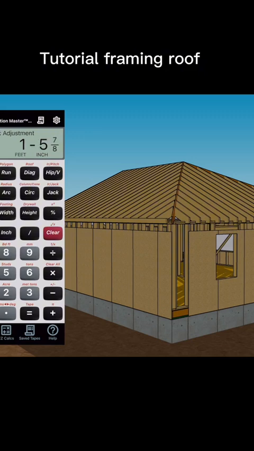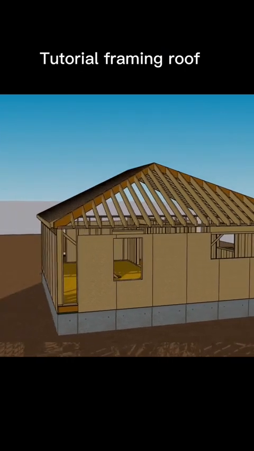Punch it again to get the difference in length of each jack rafter, and punch it again to get the length of that first rafter, which will be 15 foot 2.5 inches. You can keep punching it to get every other jack rafter length until you get down to the corner where the length is 0. And don't forget to write those numbers down because we're going to start laying out and